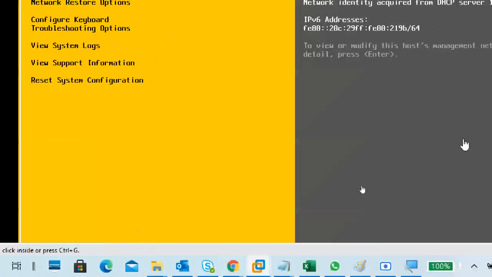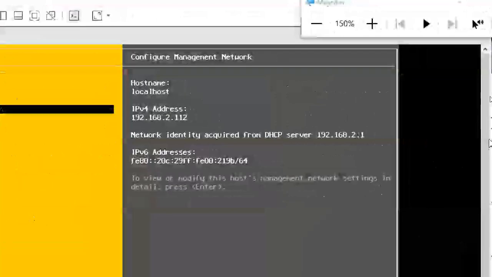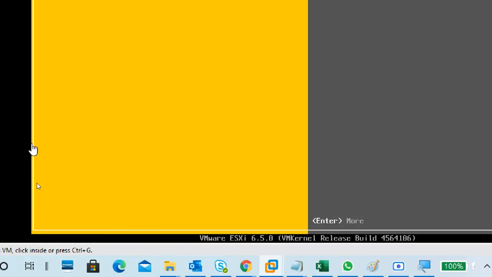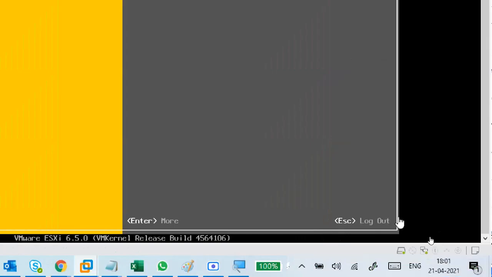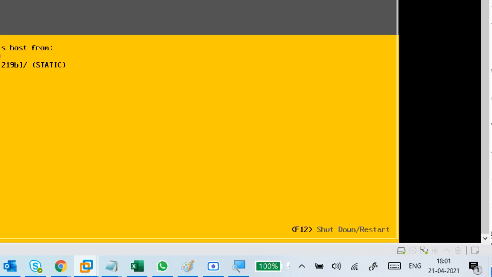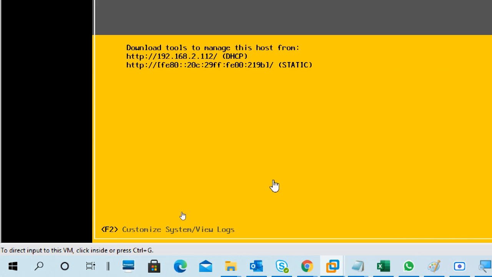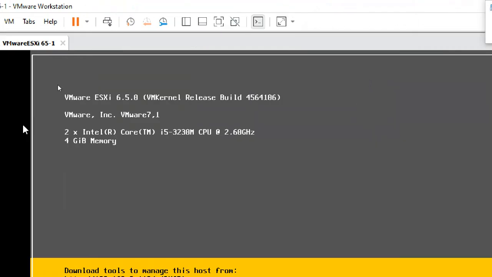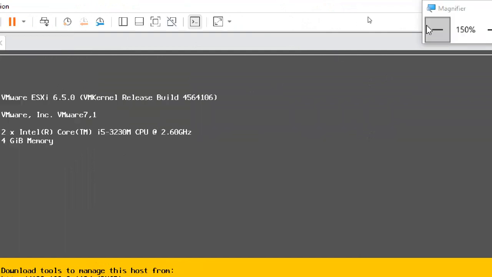If you want to exit from the window, you can exit. Escape for logout, enter for more. Okay, I pressed escape, so I'm logged out. So this is the screen, and this much only we can see on the screen. No voice, nothing is there.